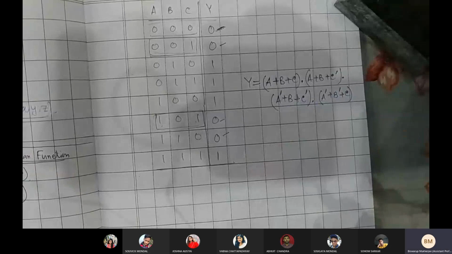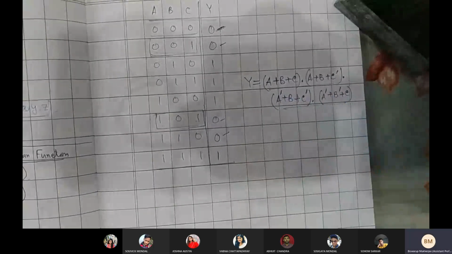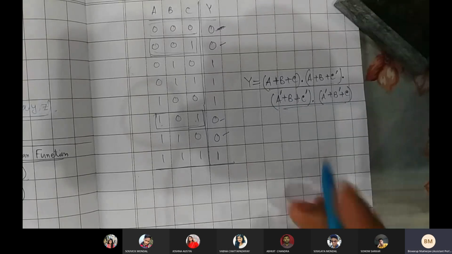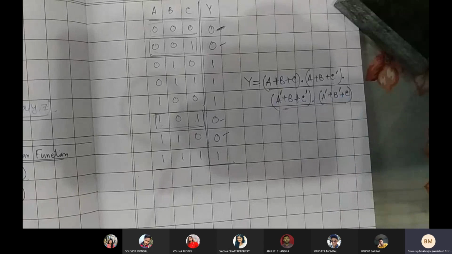Okay, so this would be the expression that time. Even if that time, if you would like to minimize that one, you can minimize it also. এখানেও minimization ওই একই রকম ভাবে করা যেতে পারে, but make sure that time initially you need to multiply and then you need to minimize. If it is possible, you can also minimize that one.